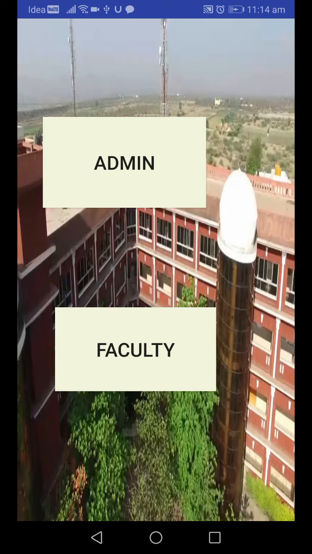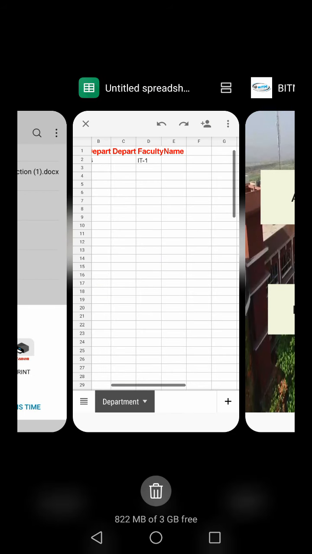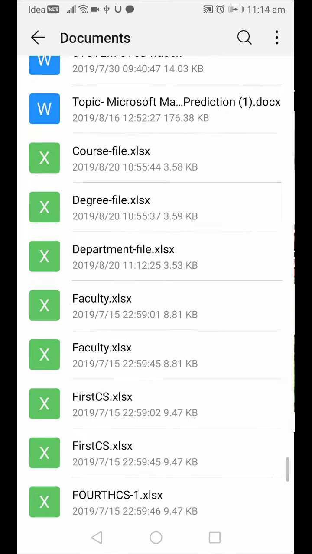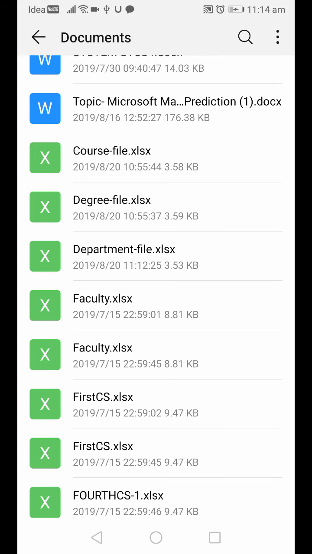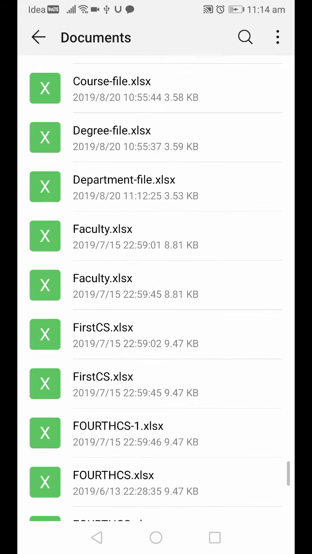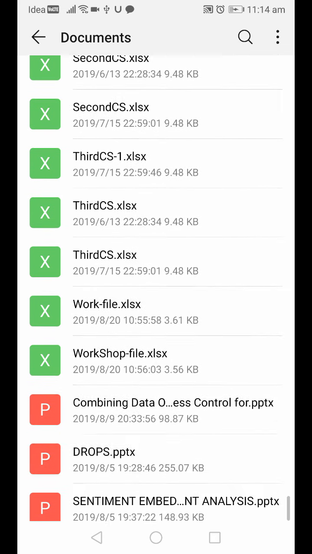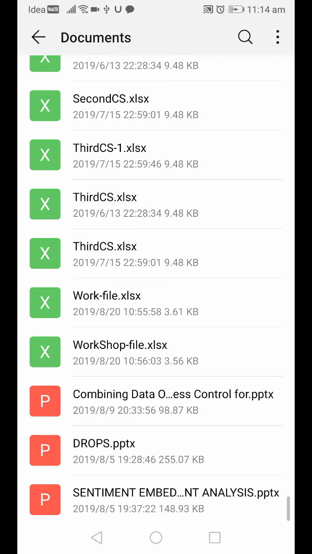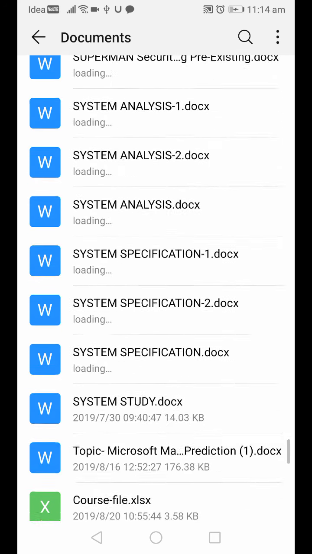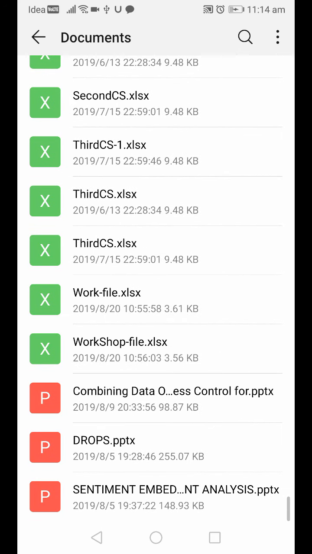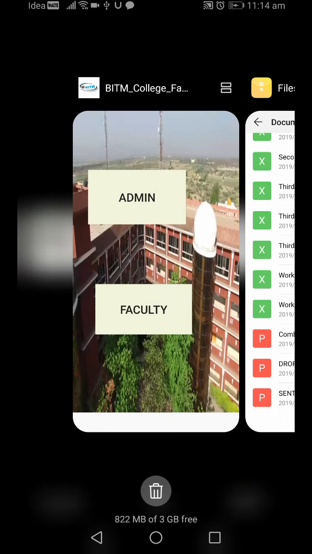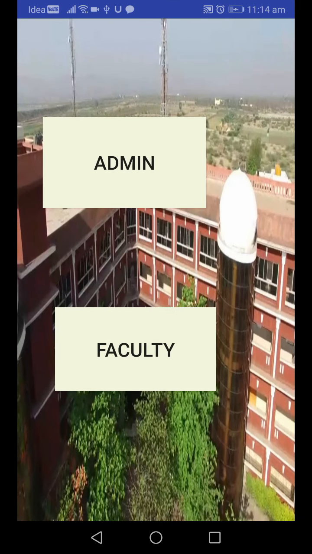Now I'll go and check if the details are available or not. Yes: degree, faculty Excel sheets, work Excel, workshop files. Every file I write in Excel format. So this is our application, friends. Thank you.